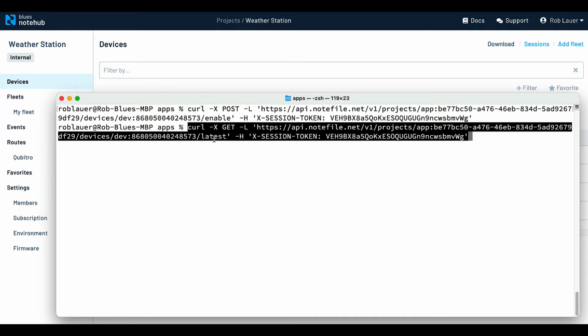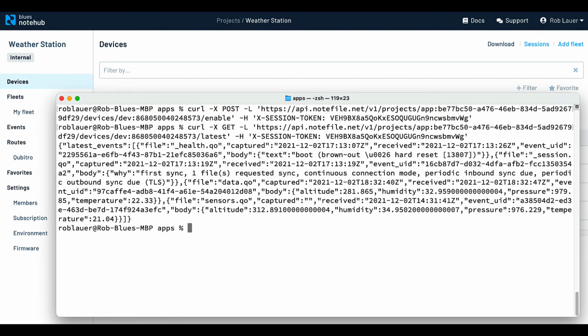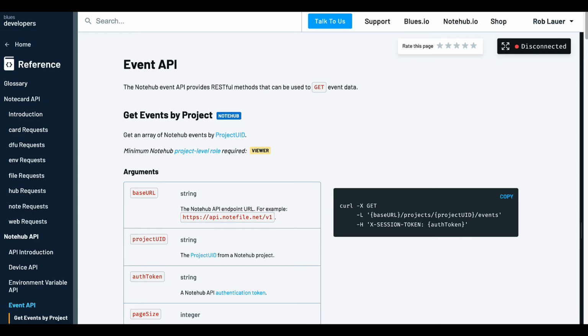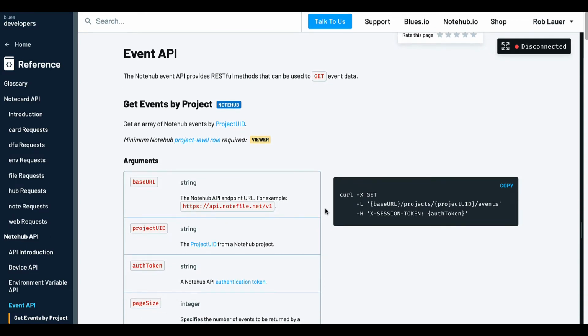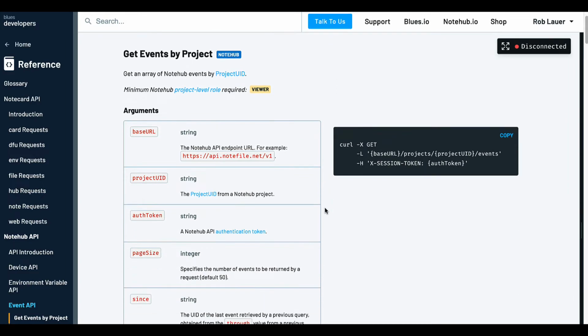This endpoint I'm using here, which is called latest, is going to pull in all the most recent events for the entire project. Now, this gets more interesting though when we use the get events by project API. Now, I'm not going to show this off because it's almost like too powerful to show off in one or two examples.